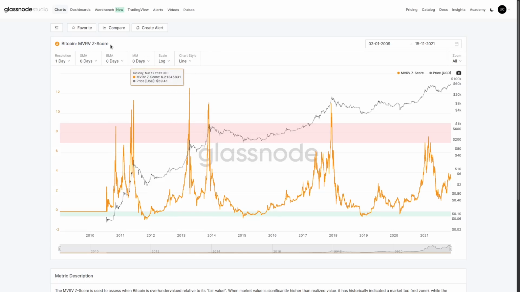What it then does is use a Z-score, which is a normalization method. It basically maps out how many standard deviations, or how statistically far away from that long-term average in the realized price, we currently are. And you can see that in all of these instances, we tend to have cycle tops that break well and truly above a value of 8. If we look at our 2017 market, we pushed up towards 6 on 2 occasions, 3 occasions, and then we finally had our blow-off top that blew well above a value of 10.